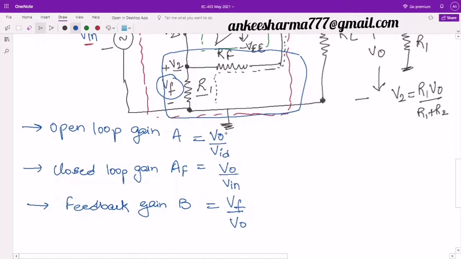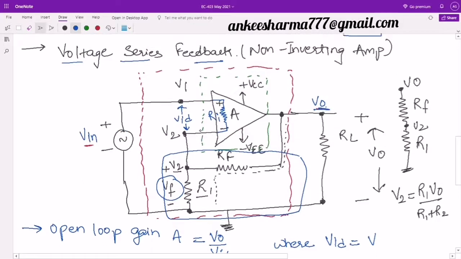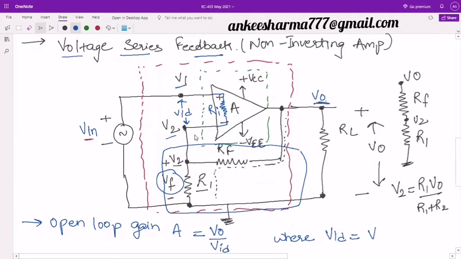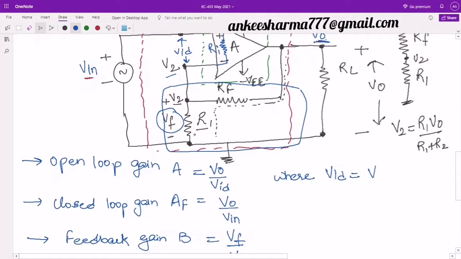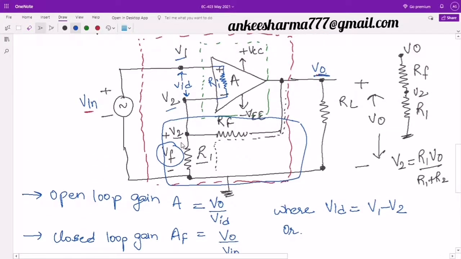Also if I write here that this VID is nothing but equal to the difference of the two voltages. The positive one is V1 and the negative one is V2, because positive is connected to the non-inverting terminal and V2 to the inverting terminal. So can I say that VID is equal to V1 minus V2? Or in other form, I can also say that if we look at this circuit, although this is very complicated,